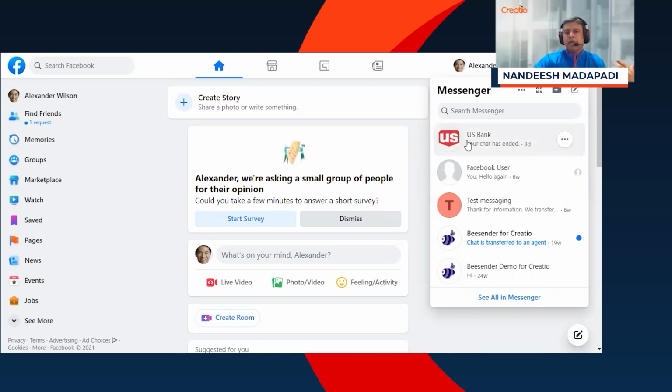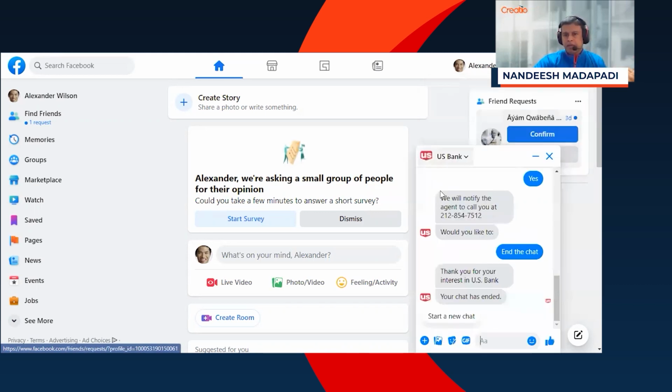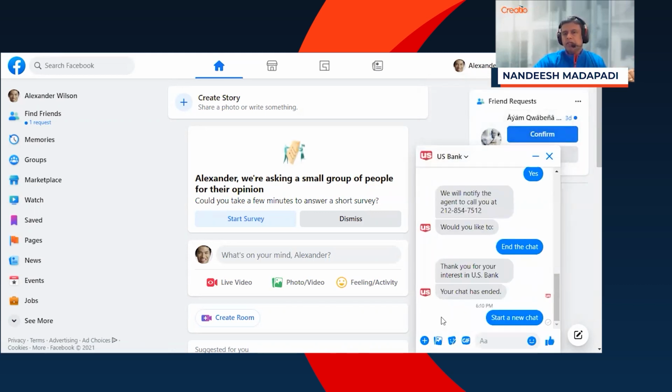And again, we have mocked up a bank in here. US Bank is just a generic bank. They are not a customer of ours, but I just wanted to use them as an example in this particular demo. So let's pick them up. And then I can say, you know what, start a new chat. Once I do that, it will now say,